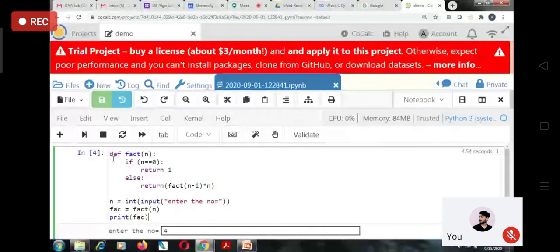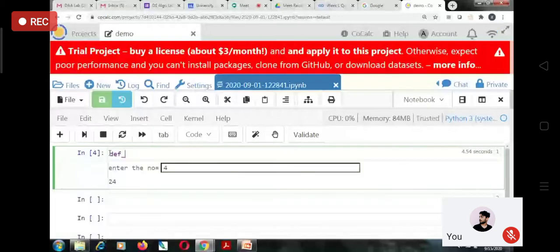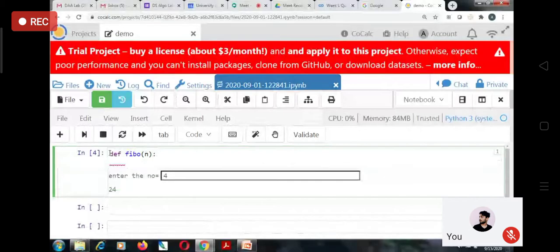Let's say we want to print the nth term of a Fibonacci series. This is also a very common recursive function. Here also we have a base condition: the first term is always 0 and the second term is always 1.